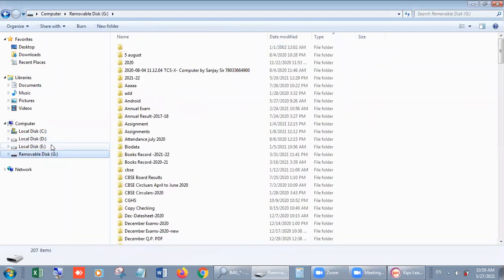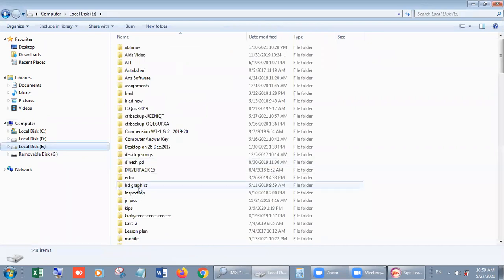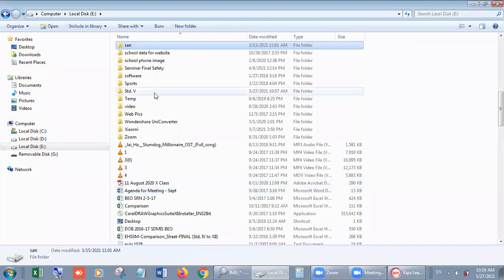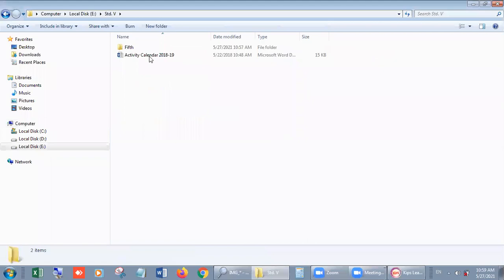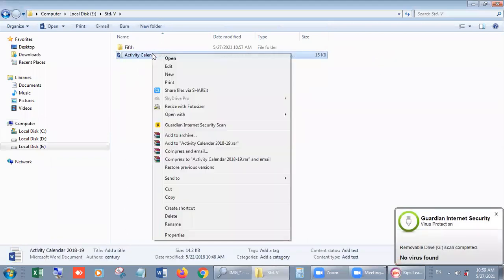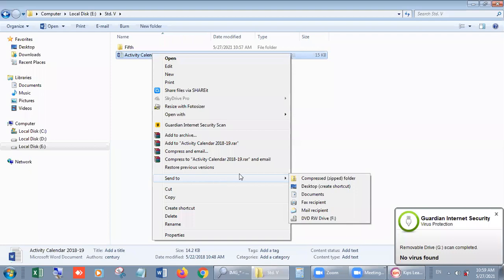How? Go in E drive, then standard fifth. Here I have a file and I want to move this file to my pen drive, then you can move. Directly you can move with send to and choose your drive.